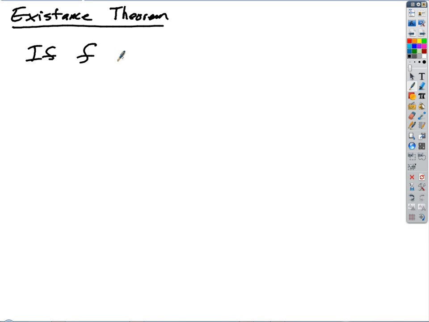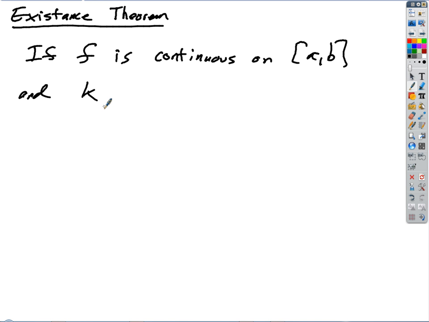If f is continuous on the closed interval from A to B, and k is some real number, okay, which is between f of A and f of B. So I'll just say k is an element of the reals. That just means element of. You familiar with that? Okay, element of, and then that capital script R just means the set of real numbers. So it's just a real number such that